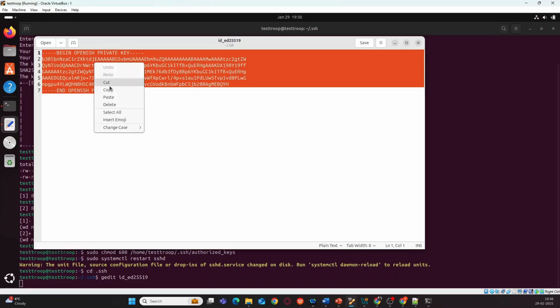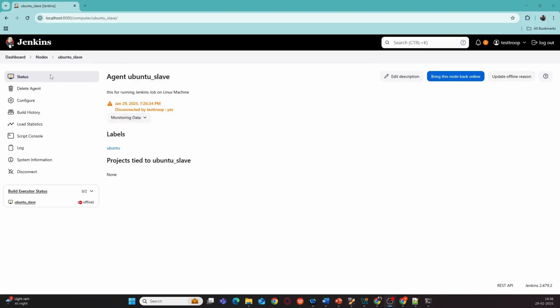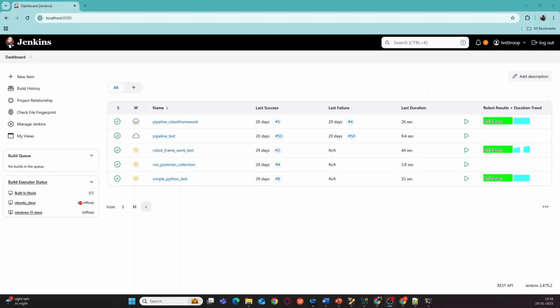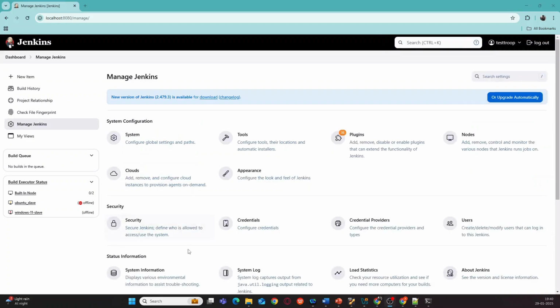Copy this private key and let us go to the Jenkins server, under which you'll have to go to dashboard. It is taking time, it's a bit slow. Then go to manage Jenkins. And under manage Jenkins, I think it is taking time. You have to go to credentials. Let's go to credentials